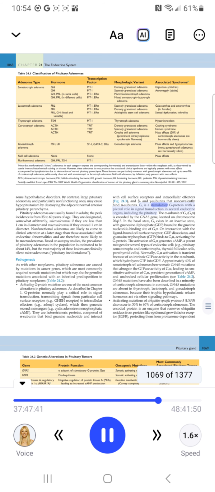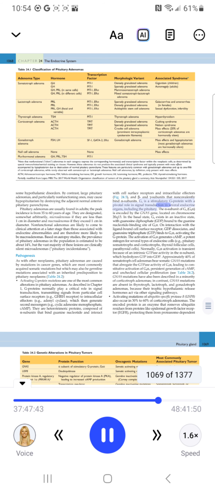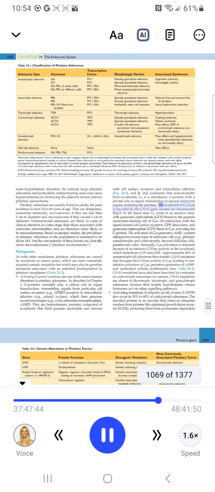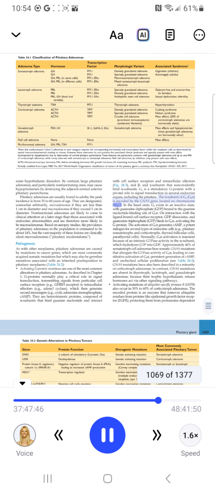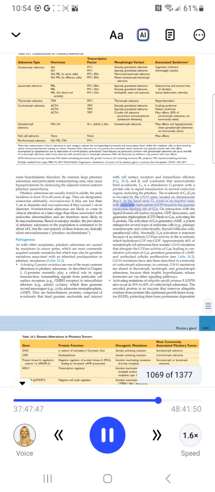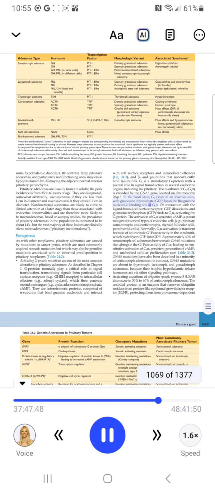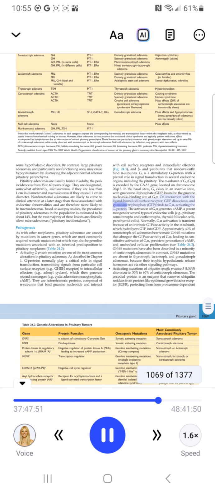Gs is a stimulatory G protein with a pivotal role in signal transduction in several endocrine organs, including the pituitary. The alpha subunit, Gs-alpha, is encoded by the GNAS gene, located on chromosome 20q13. In the basal state, Gs exists in an inactive state, with guanosine diphosphate, GDP, bound to the guanine nucleotide binding site of Gs-alpha. On interaction with the ligand-bound cell surface receptor, GDP dissociates, and guanosine triphosphate, GTP, binds to Gs-alpha,